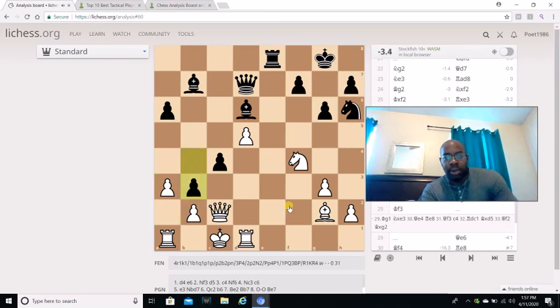But he goes B3. I think after B3, man, I think Black has a lot of compensation for what he's doing because he's getting into me. So after Queen D2, that was my choice. Queen F5, and then